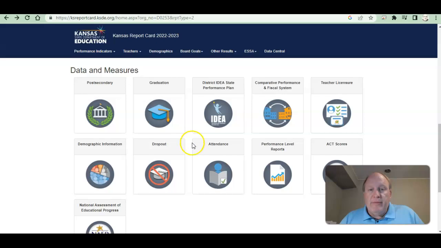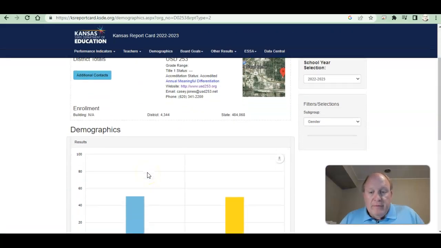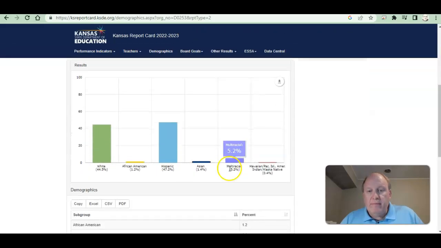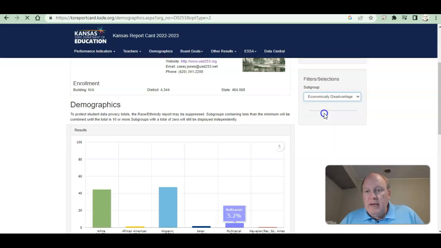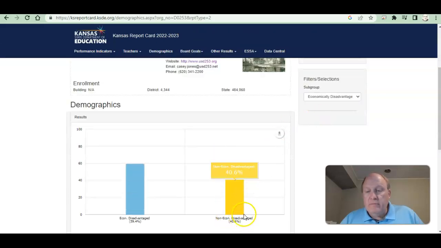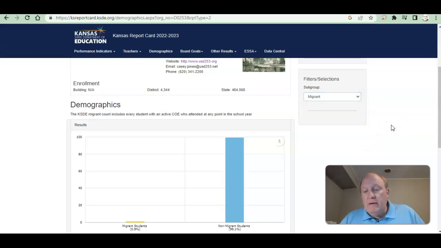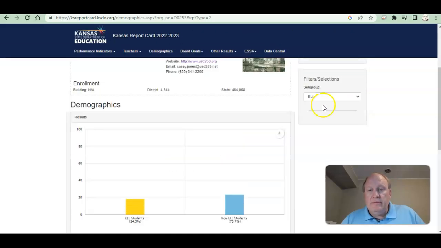there's also some other pieces, like several of you put some just demographic data, like here's the breakdown of your district. So if you see that, this is by gender in Emporia. Here's by race, ethnicity in Emporia. This is by economic, so they're free and reduced, poverty, essentially, migrant. You can see there's other ones here as well. So again, when you think about the population and the enrollment of your district, and you're talking about demographics, you really want to talk about the enrollment in terms of demographics, like migrant students or ELL students,